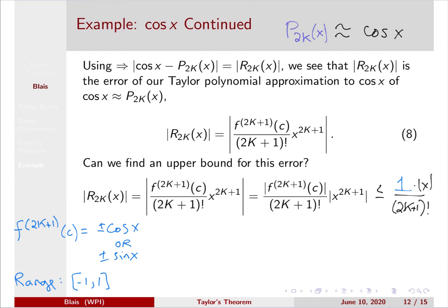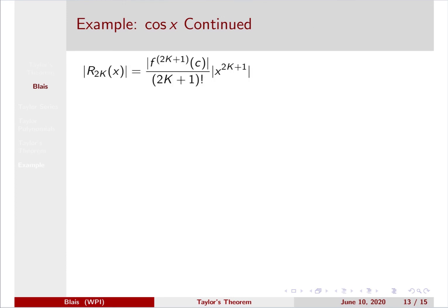And we can bring that absolute value sign inside if we like. So this gives us an upper bound on our error. Well, with that upper bound, so this is less than or equal to, we just argued, absolute value of x to the 2k plus 1 over 2k plus 1 factorial,